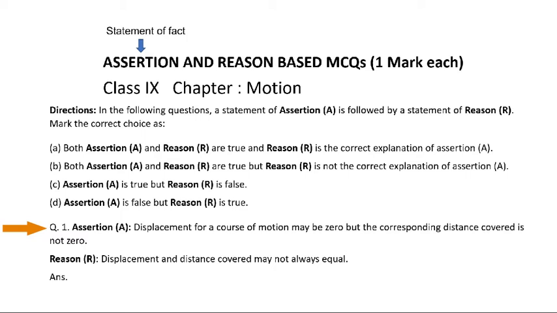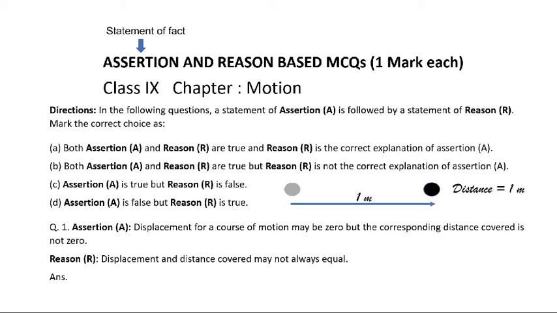Having understood this, we'll go ahead and take an example. Let's say there is an object, right? An object moves from its position. This is its initial position, and if it moves, let's say, for a distance of 1 meter,